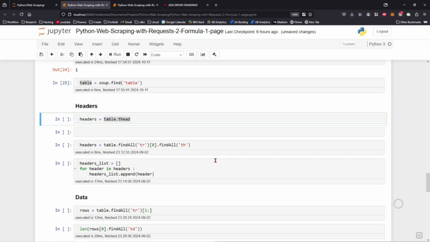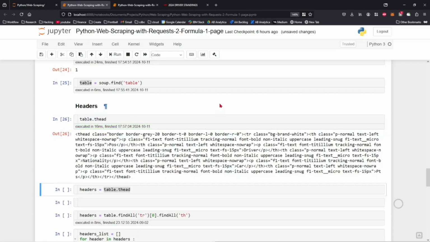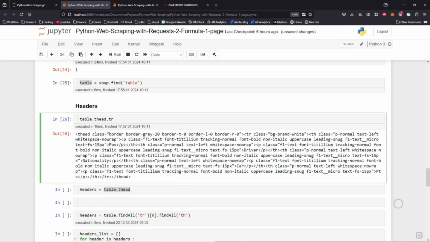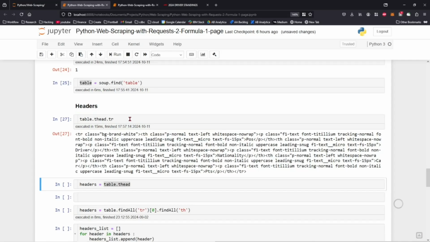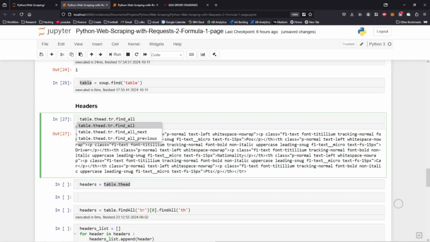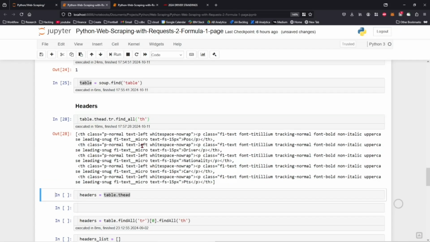Let's print the t head. Okay, so this is t head, and from that we can get the row. There will be only one row. This is the only row in that, and from that we can find all th. Okay, there are multiple ths. We can iterate through all the ths,